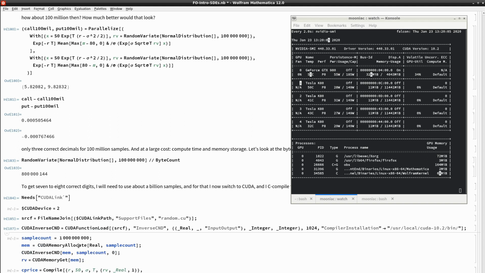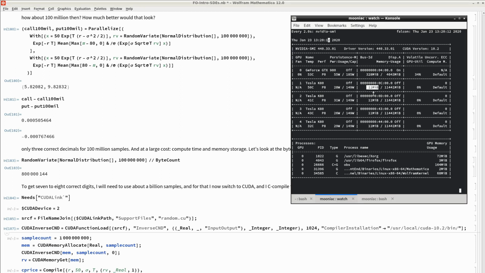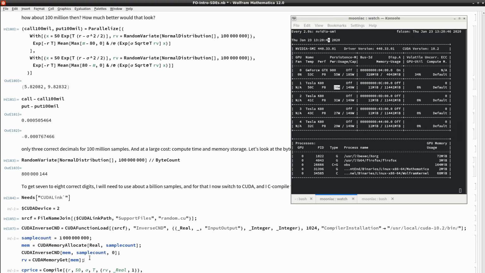And before I now generate these samples, I want you to take a look at this number here. There are already 11 megabytes in it. When I run this, I want you to see that this goes up to 7.7 gigabytes, right? Just for a billion samples, we need 7.7 gigabytes here. You will see that the utilization also goes up to something like 12 to 24%. But the important number is this one here, and you will also see that the power usage will zoom up from 28 watts to something like 50 watts, okay? Just because we have a billion samples and want to compute these billion random